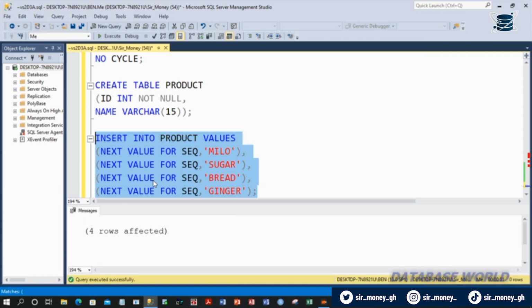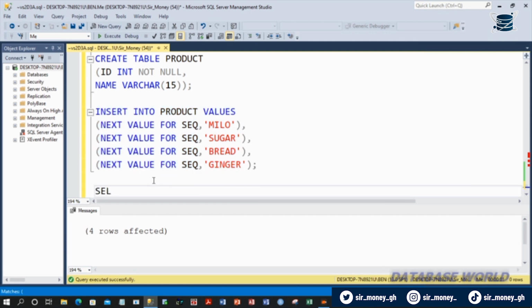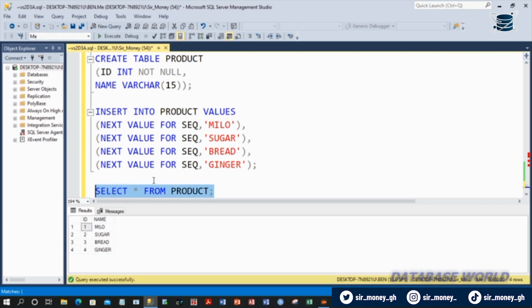So we have 4 rows affected. So we will select star from product, and then look, the sequence has generated the IDs for us. So that is the use of the sequence. So after this is done,